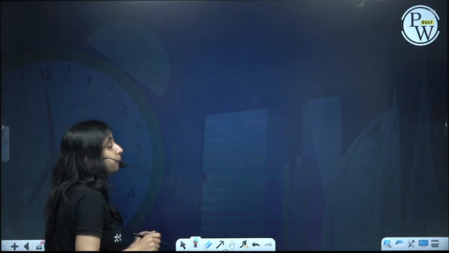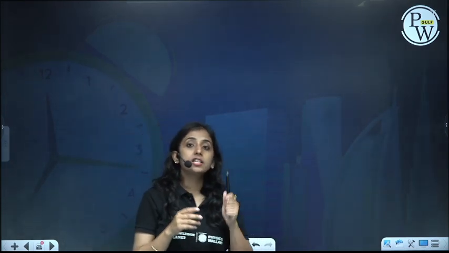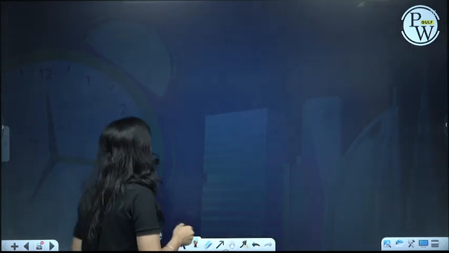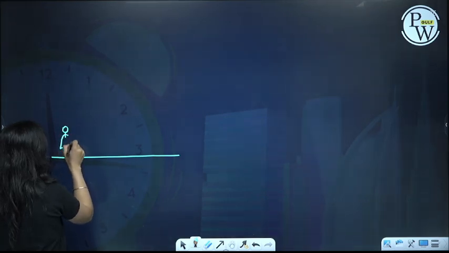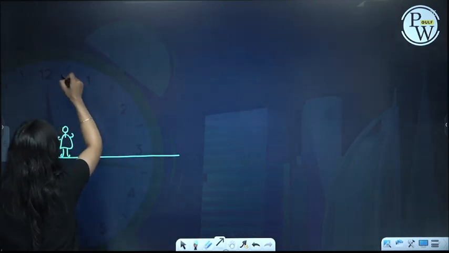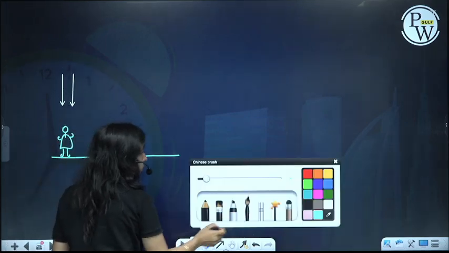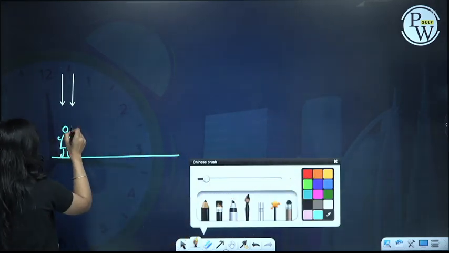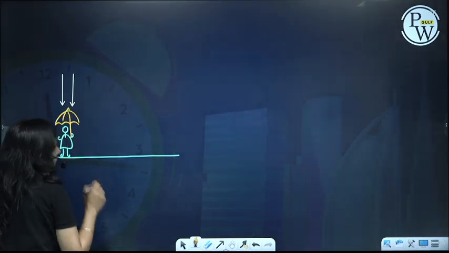So in the rain man problem, we have two persons. One is standing on the road and the other is moving. If rain is falling vertically, one will hold the umbrella like this. Okay, suppose we have a road. One person is standing vertically on this road, and rain is coming vertically downwards. So this person will hold the umbrella like this. But